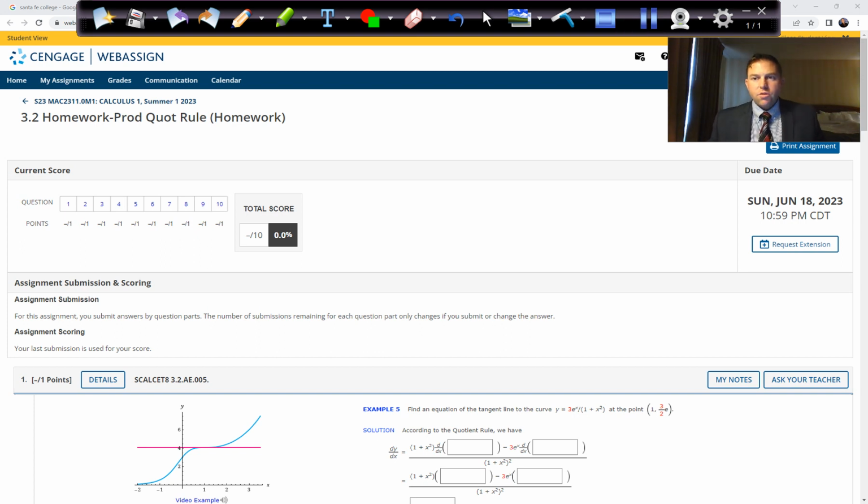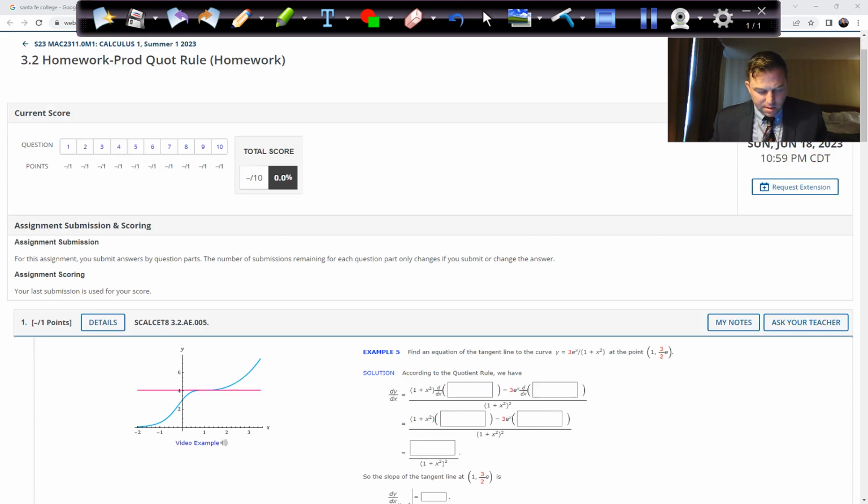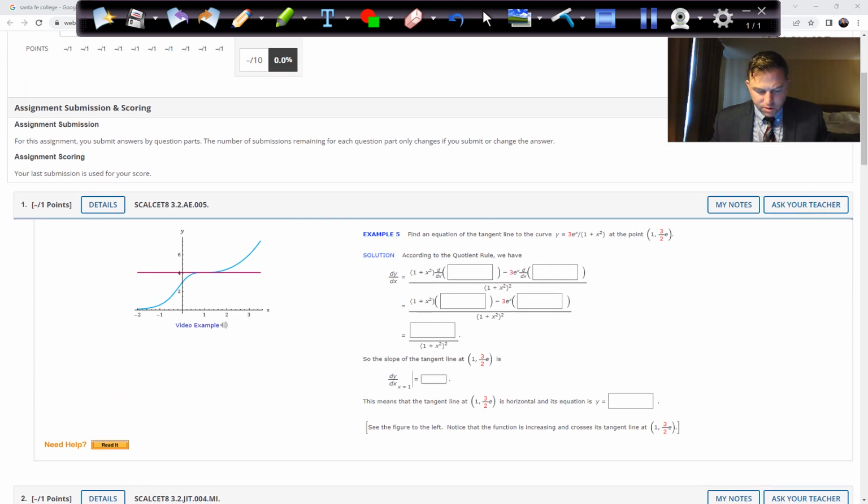In Chapter 3, Section 2, we're going to expand on what we learned from Section 1, where we talked about the power rule. Now we're going to talk about the product rule and the quotient rule. So they're also critical in the exploration of derivatives. All right, so for the first problem, it's going to kind of guide us through the quotient rule, which can be a challenge, so it's kind of nice that they gave us